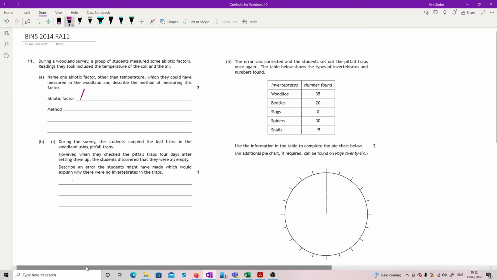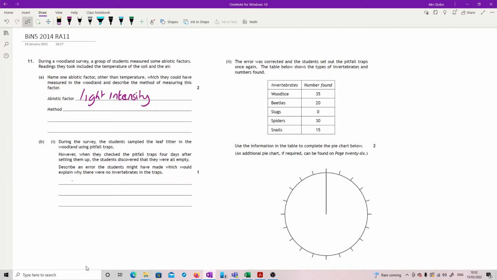So I would expect, first, but it doesn't actually matter, light intensity is a good one. pH, because you can do a soil pH, and also soil moisture. So you pick one of these and then you give a method. So all of these, the first thing I would do is name the bit of kit you're going to use. That's not going to get you the mark though. So we're going to use a meter for the light intensity, and you need to set to light,